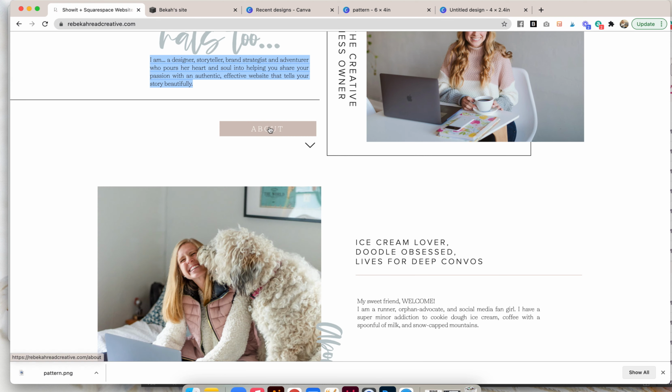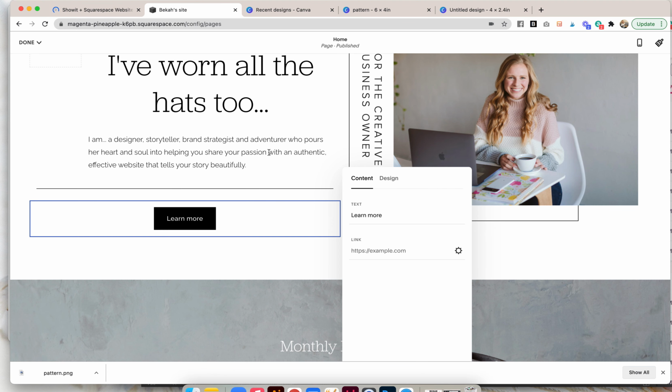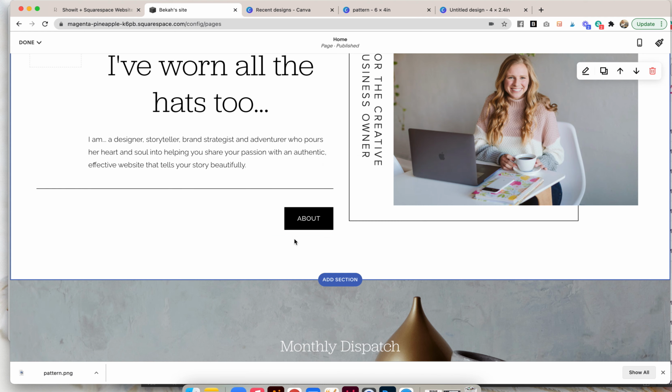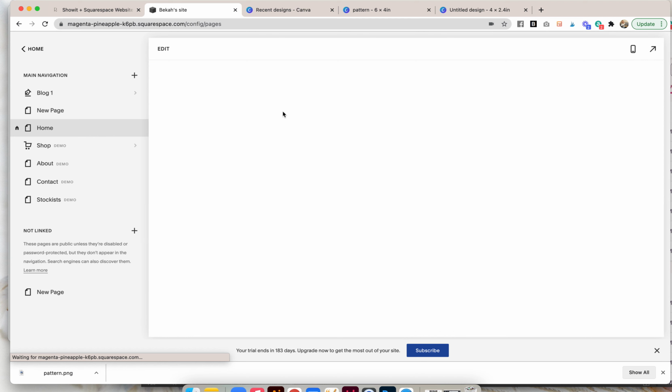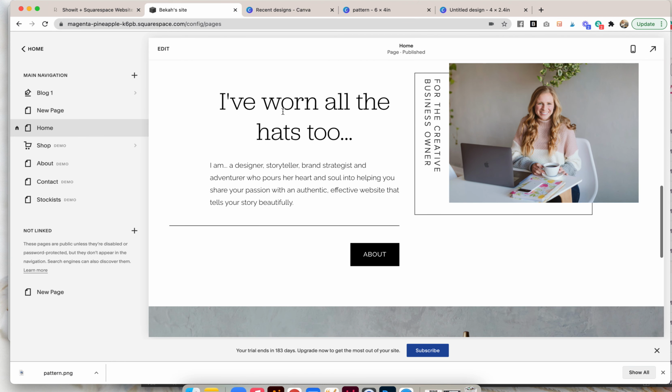Honestly, this button isn't really even useful. It goes to my about page, so I guess we'll keep it. I will want to change all the buttons to be, I'm thinking my pink color, because I decided to implement those other colors throughout.